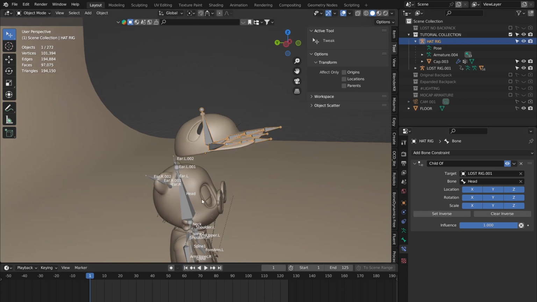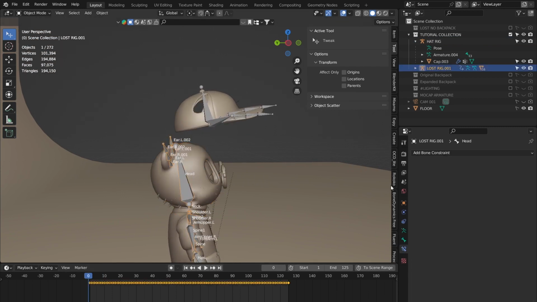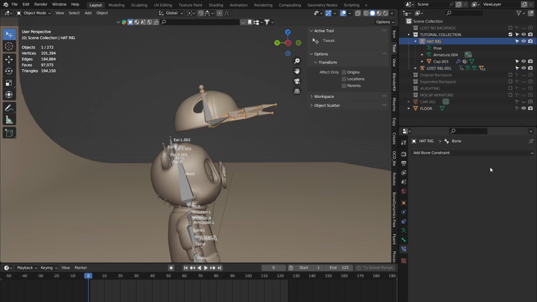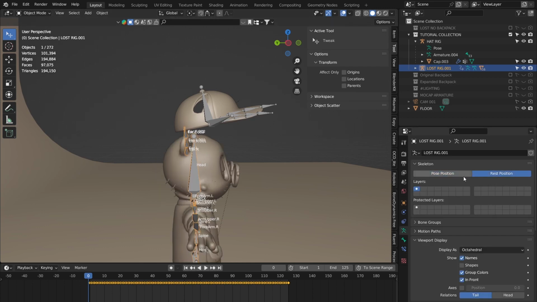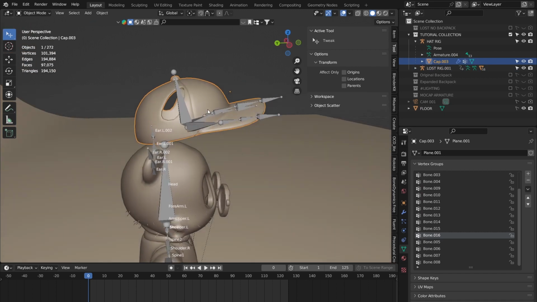Yeah, I'm not actually sure why that isn't aligning to his head, but I think potentially I should have done this not in pose mode for my model, which is actually the reason. So if I undo, so if I just delete my bone constraint and I come back here to my original armature and I press rest position, I think it's because this origin point is not actually,